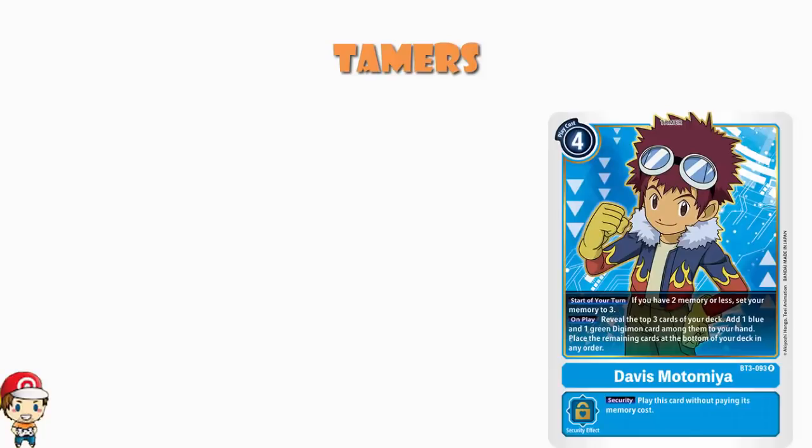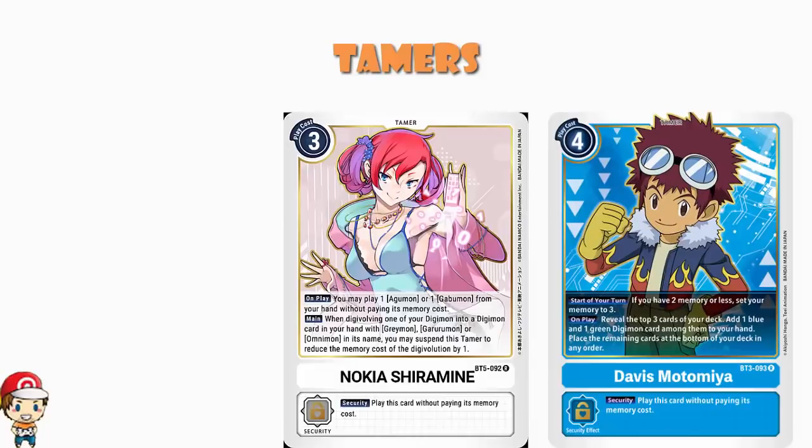And you'll notice your Tamers and your little Digimon in this deck really are focused on drawing and getting set up, which is going to give you a faster, more consistent deck. This is a good thing. We've also then got Nokia Shiramine. Now remember, we're talking about a white Tamer here, so it's not a blue Tamer, cannot be searched in that way. But when you play it, you may play an Agumon or Gabumon from your hand without paying its memory cost,